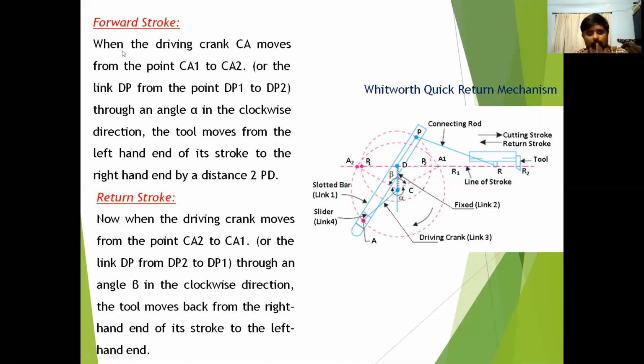Now we'll see how we are going to obtain the forward stroke. This is C and this one is A. This CA is the driving crank.